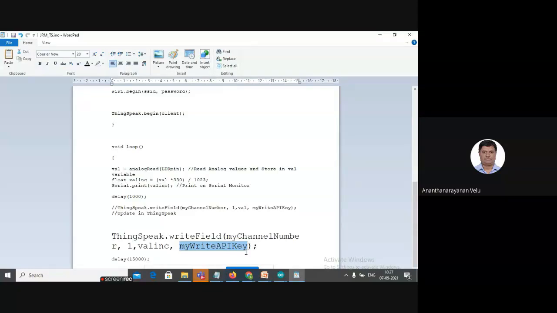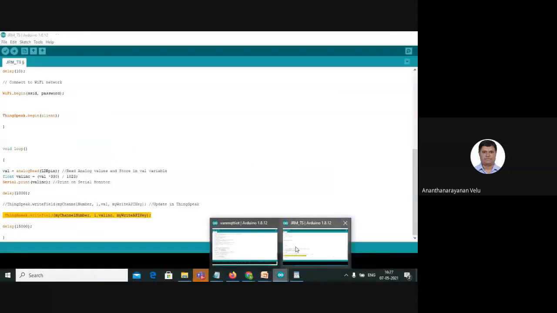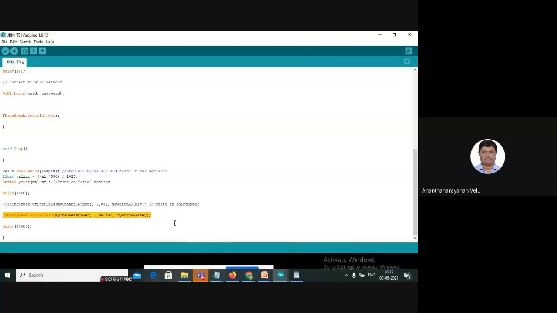All these things were provided, and every 15 seconds you will be able to upload the data to the cloud. If you are a paid subscriber, then you will be able to upload even within a few milliseconds. All the unpaid subscribers should have a minimum delay of 15 seconds between two subsequent data pushes.